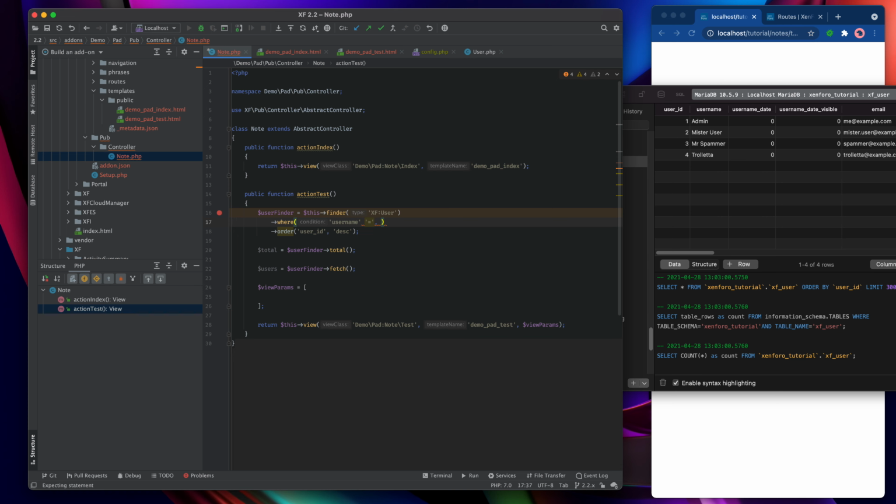I'll show you that in a second. Let's say where username equals admin, and at this point the order is irrelevant because there's only going to be one item, but what this is going to fetch is a collection of one entity, and that's not particularly useful because when we use it, we'd have to loop through it.